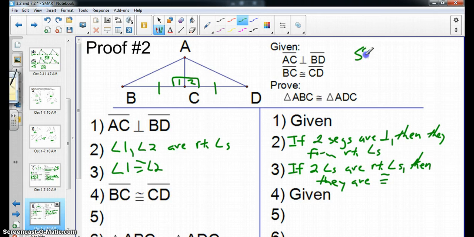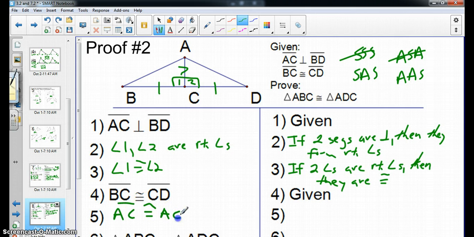So again, we have side, side, side, side, angle, side, angle, side, angle, angle, angle, side. We clearly have from our givens a side and an angle. We can cross off side, side, side. So we can either go angle, side, angle, but there's no way we can get angle B congruent to angle D. So that one is out of the picture. It looks like it's leaning more towards side, angle, side because we have, again, AC is shared between both triangles by the reflexive property,